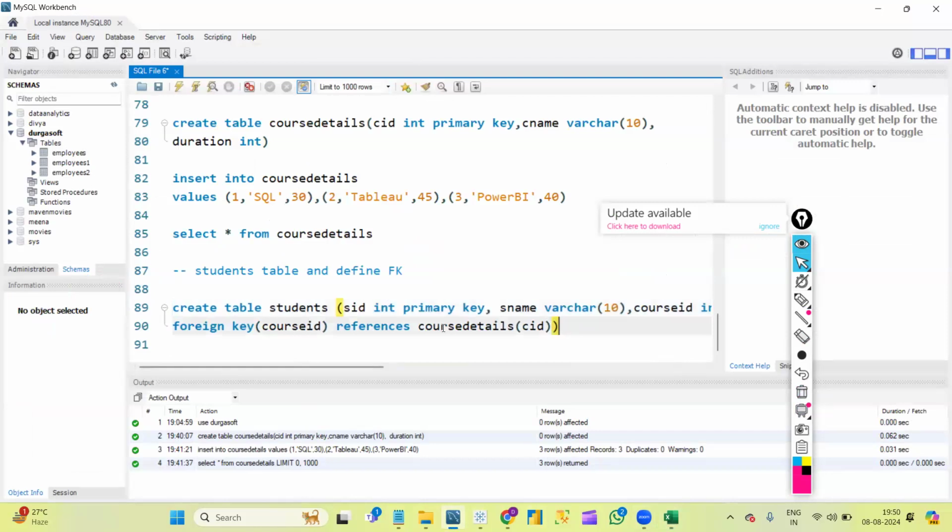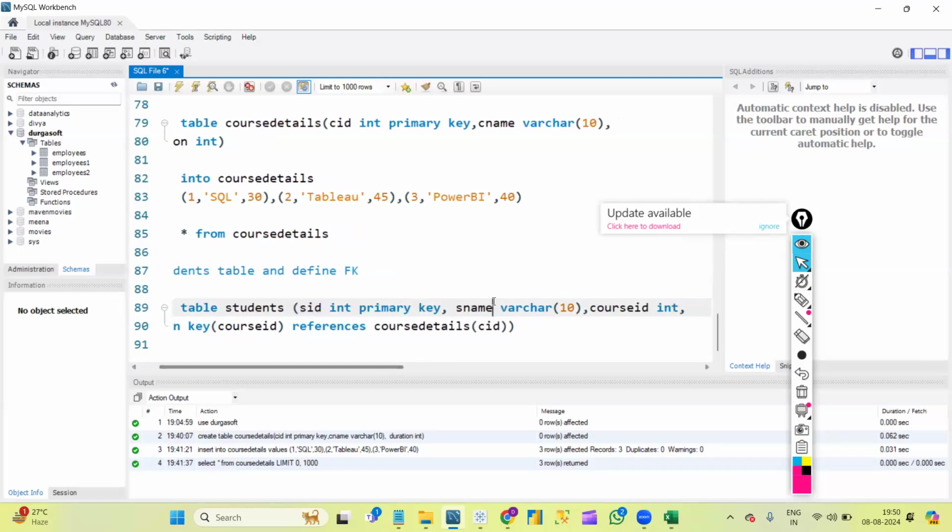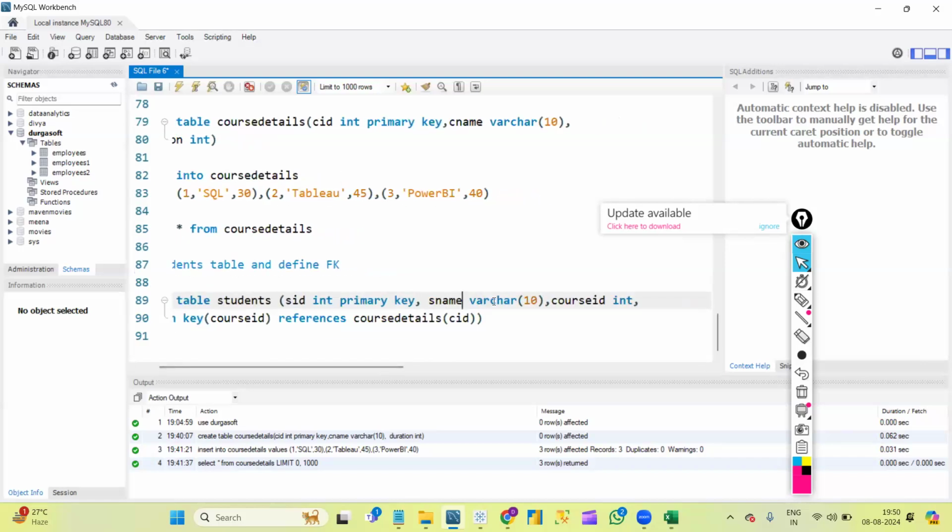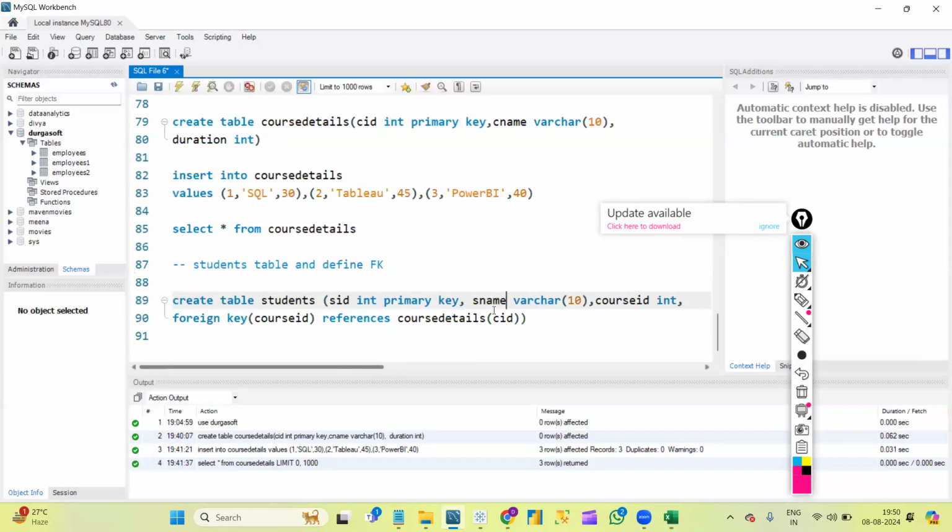Student ID is the primary key here, and student name. Right. Then course ID, just scroll a little bit right now. Yeah. Course ID is integer, okay. Then again, you are writing foreign key. So you are not writing course ID in foreign key like this? Course ID foreign key. See,